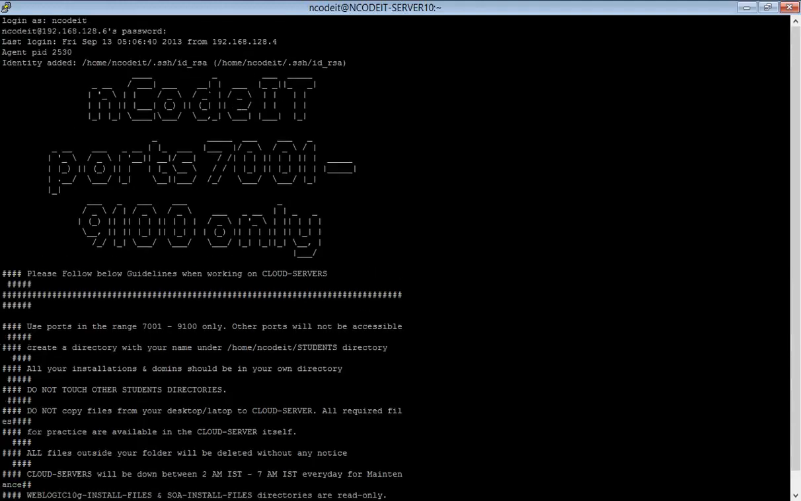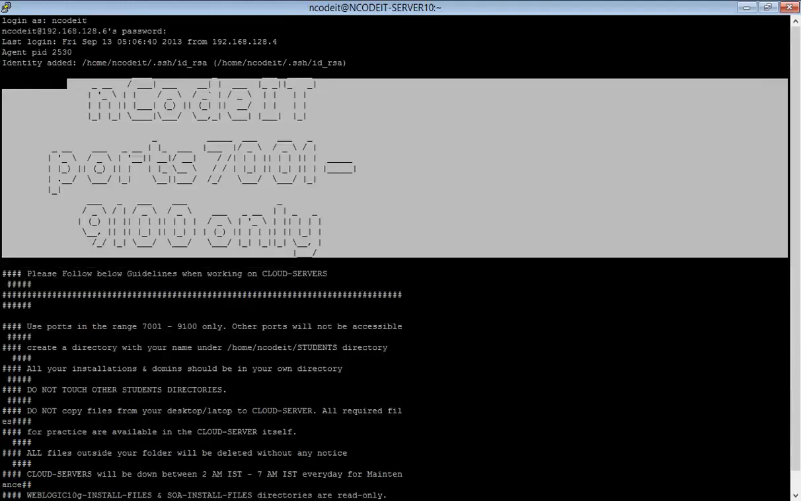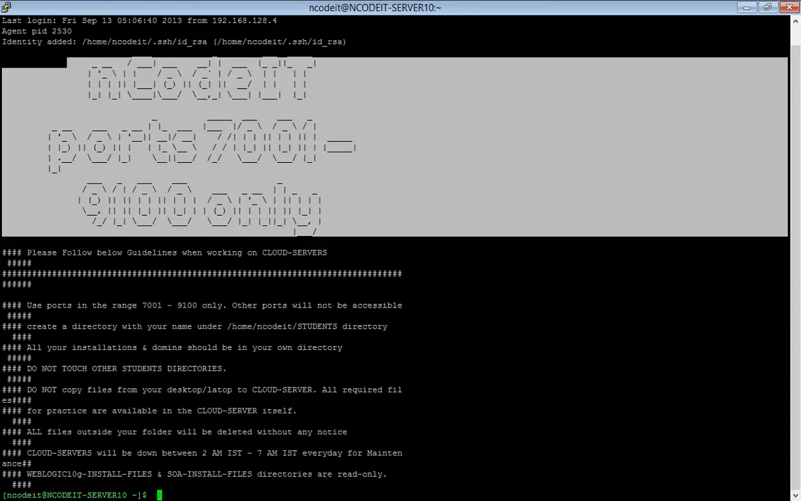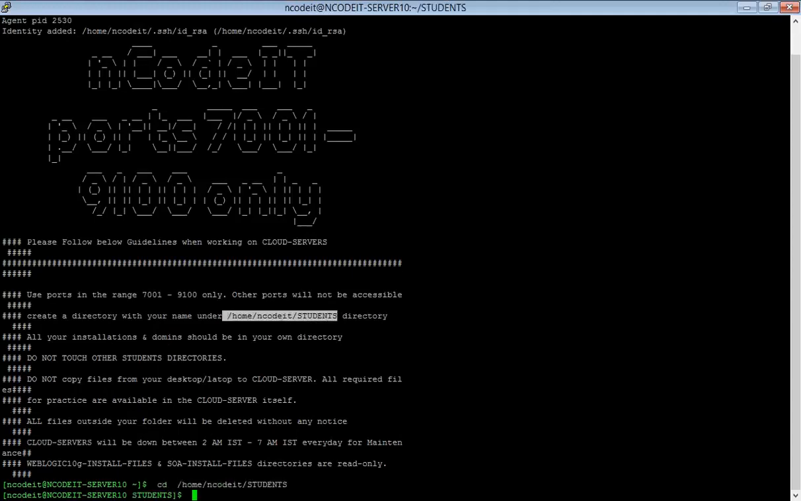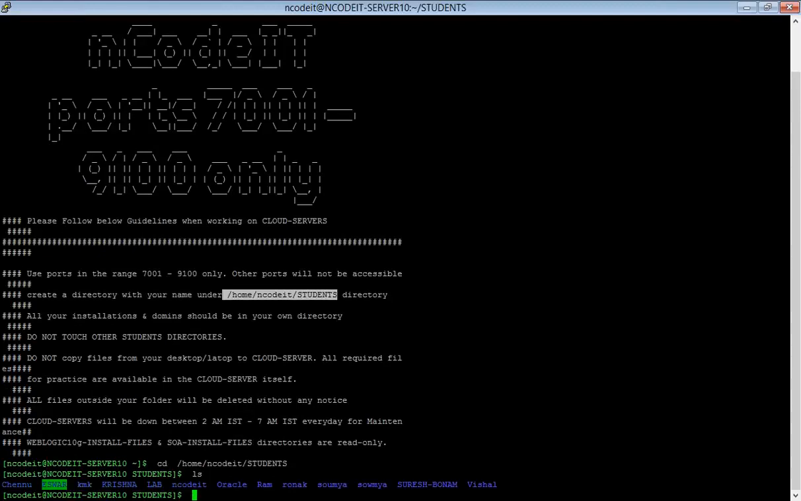cloud server itself. So this is just an introduction or basic rules that you would follow once you are in the server. There are only a certain number of ports that you can use. The other ports are actually blocked, and this is the location where you would be working. So if you go to this location, and list it,